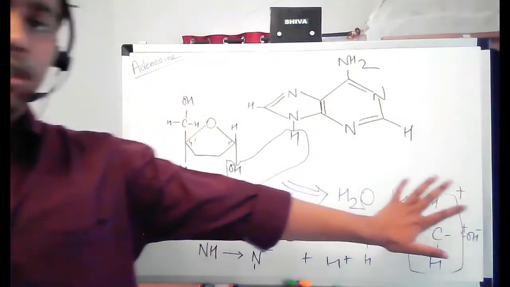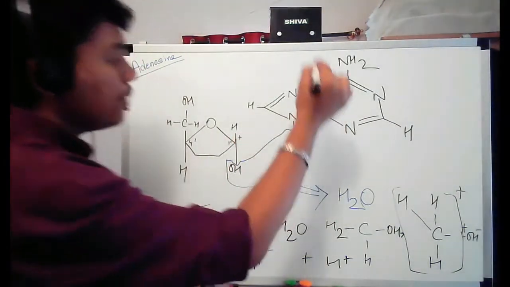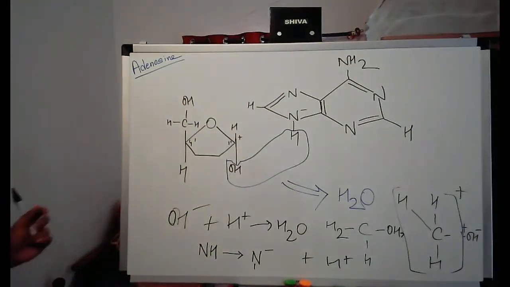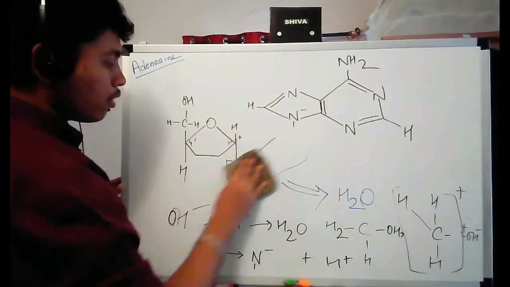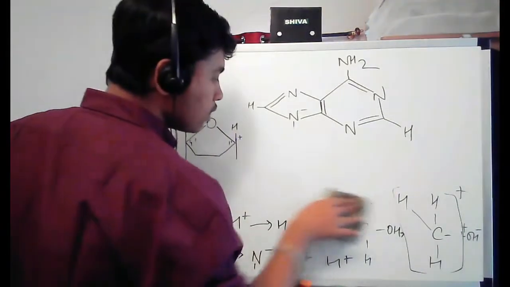This is positive now, means this part has become positive and this part has become negative with free ends. Okay, these have been taken out in the form of water, and now this has become,